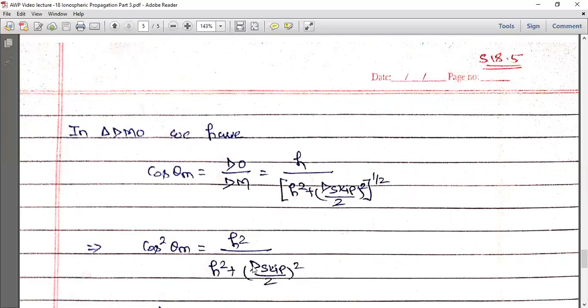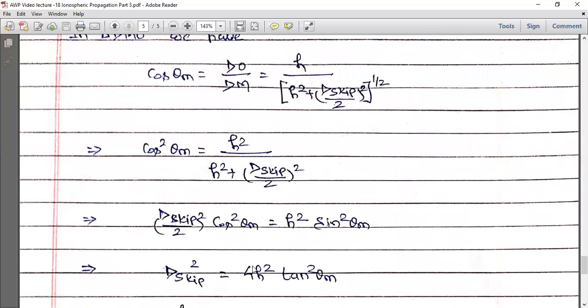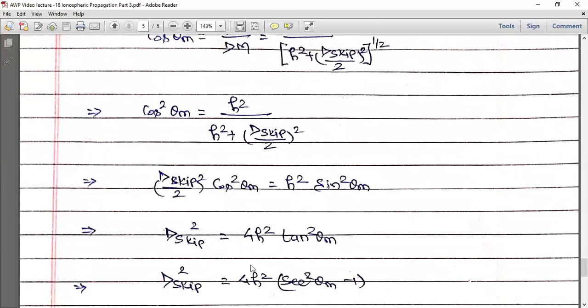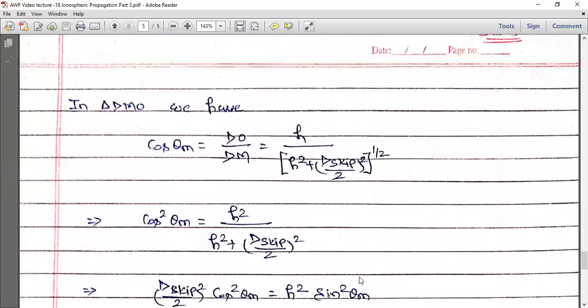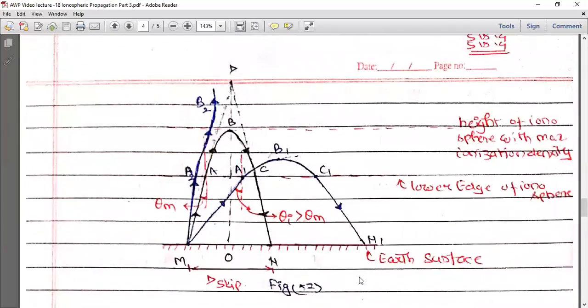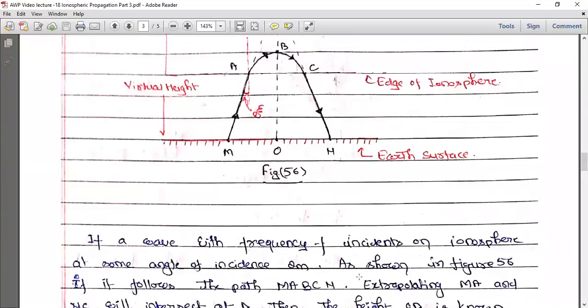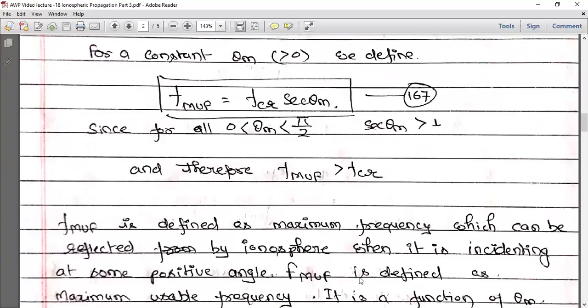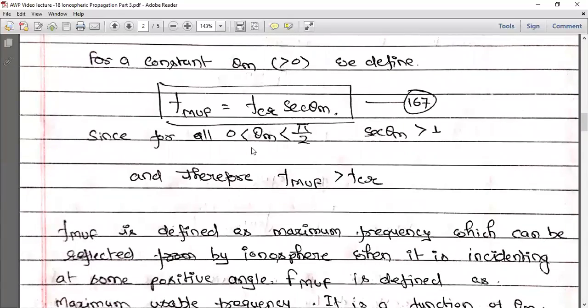We square both sides, cross multiply, and separate out the terms with h and with D skip. The expression for D skip becomes D skip square is equal to 4h square tan square theta m. Tan square theta m can be written as sec square theta m minus 1. And from equation number 167,